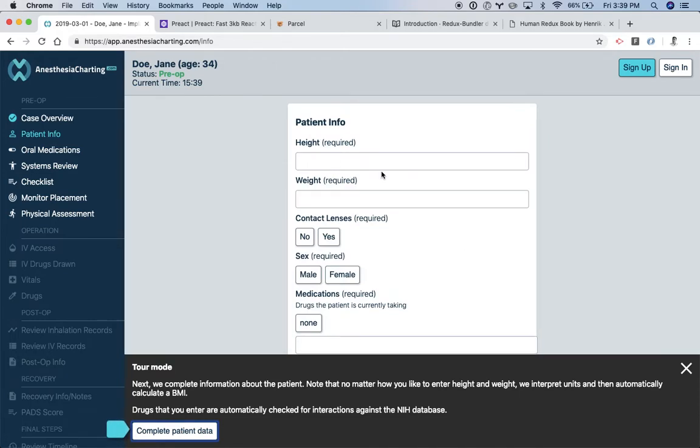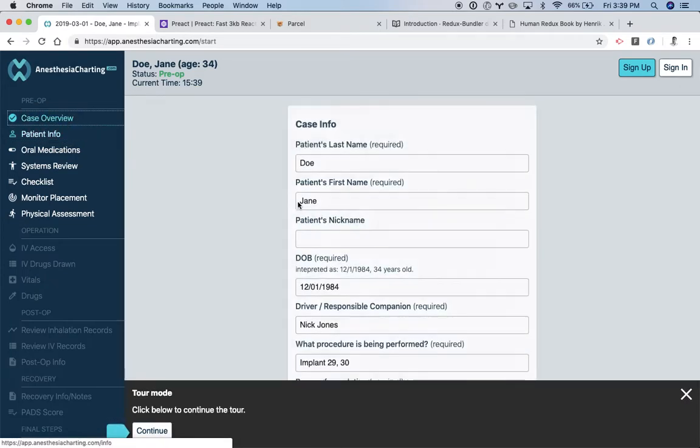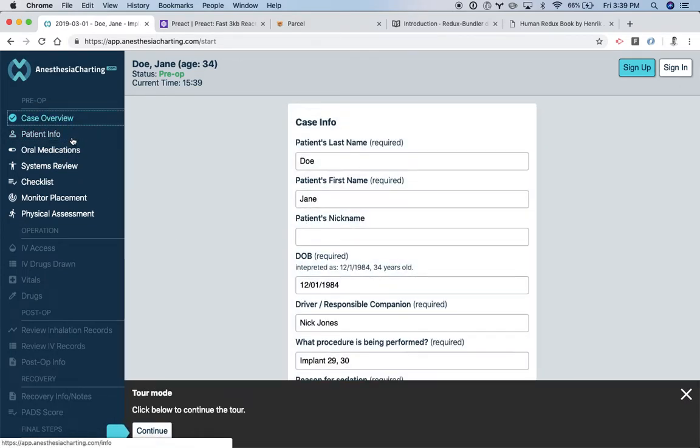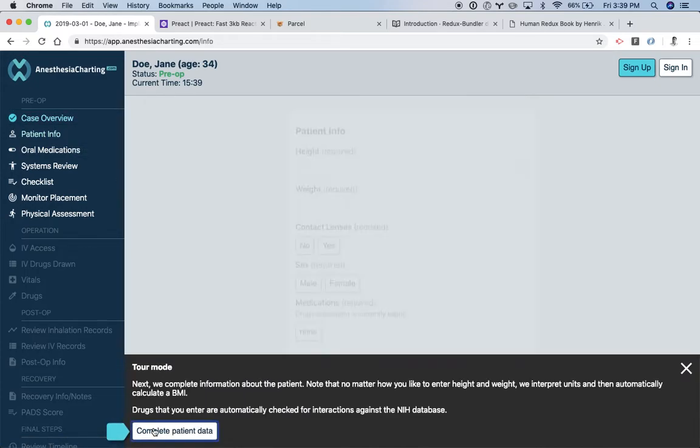and all the routing is done by Redux Bundler. All the state management is done by Redux Bundler. All the cache persistence stuff is done by Redux Bundler. You never lose stuff if you refresh. It's constantly being saved to local DB, IndexedDB, and